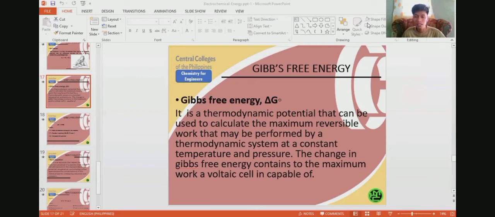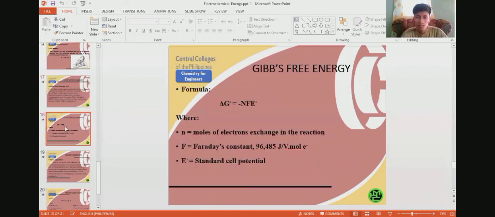capable of. Ngayon, kung sa cell potential ang kino-compute natin is yung current na dumadaloy galing sa reaction, sa Gibbs free energy naman is i-compute natin yung pinaka-maximum or pinakamataas na kayang i-produce ng isang cell. Ngayon, ano nga ba yung formula ng Gibbs free energy? Okay, formula of Gibbs free energy is delta G naught equals negative n F E naught, where n is equal to